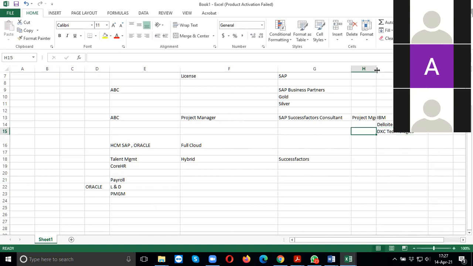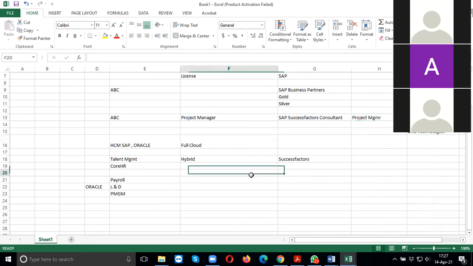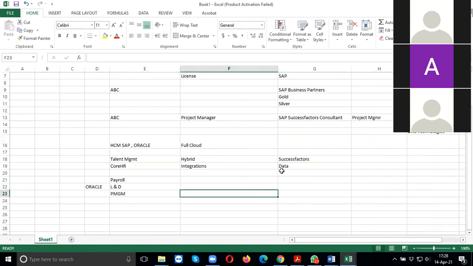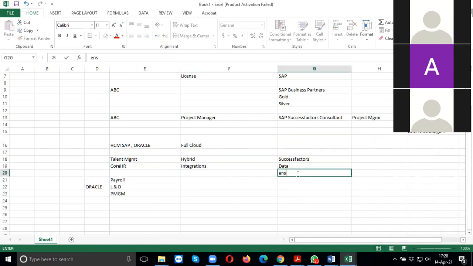So, being a project manager, you are also in charge of the integration aspects, because you need to play with the data, right? Not only playing with the data, you need to ensure